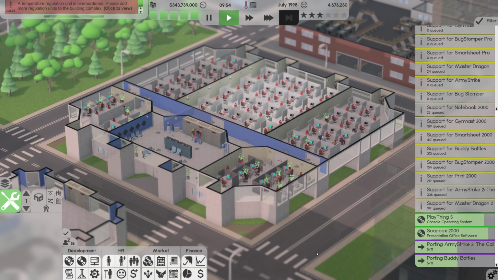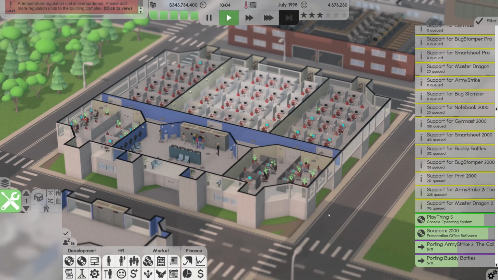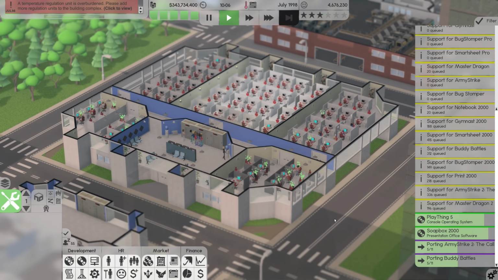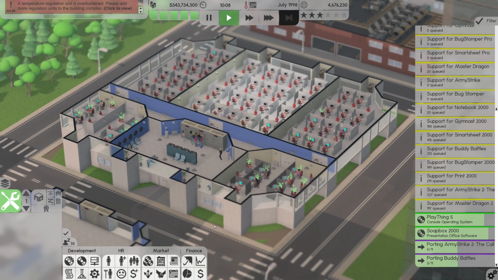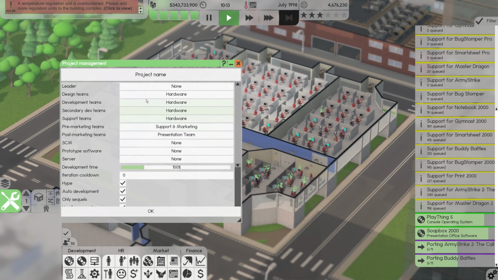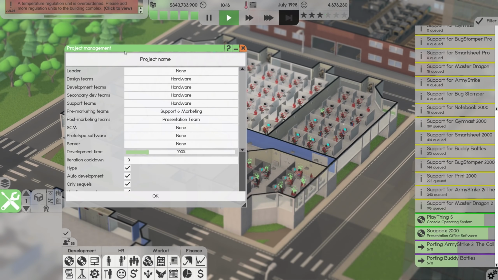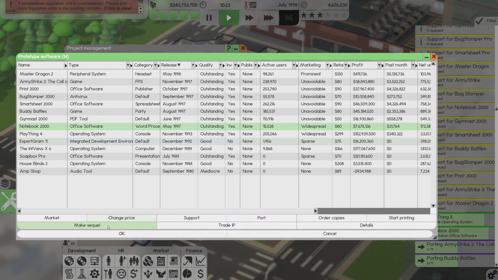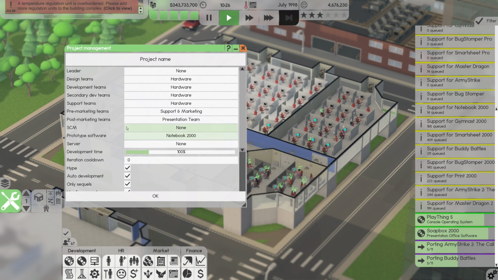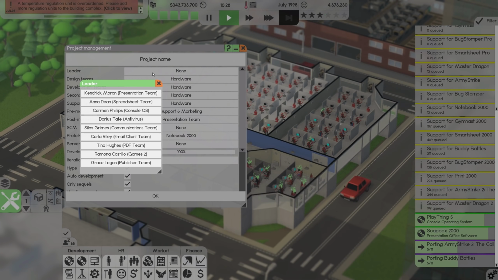That's the two things I've been doing recently, but I'm kind of excited to be jumping back into Software Inc. because I'm kind of keen to look into automation. I want to look into automation and I want to look into project management. So if we have a little look here, we can set up some project management essentially. And I want to set up some project management for the Notebook franchise. So we'll go down the list here and we'll see what we can do.